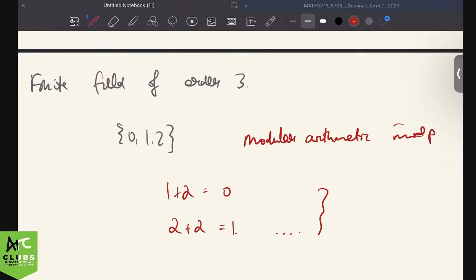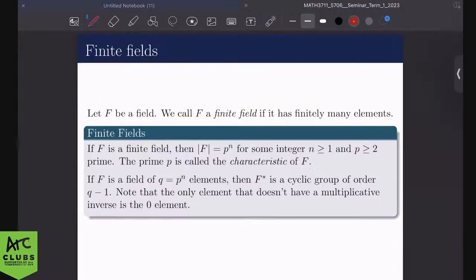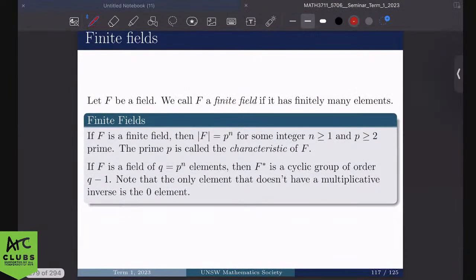Mod p. Okay? But in general, those aren't the only types of finite fields. You can also have p to the power of n for some integer n, right? And then p will be called the characteristic of F. Okay? It turns out that if F is a field with p to the power of n elements, then p actually tells you